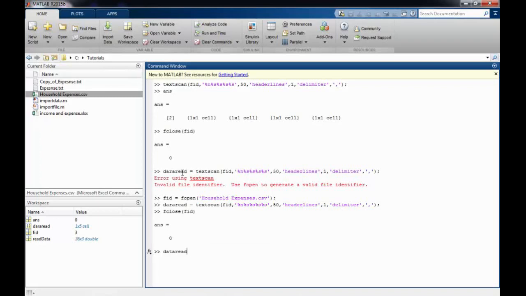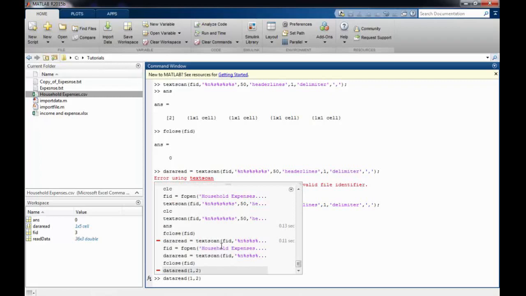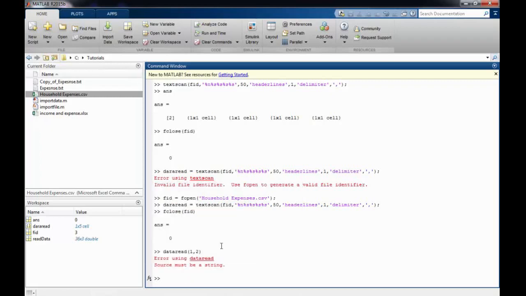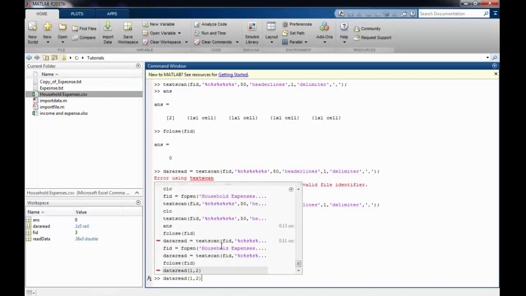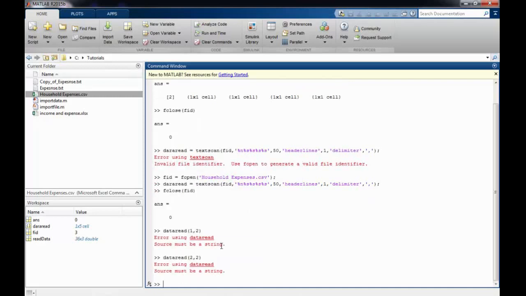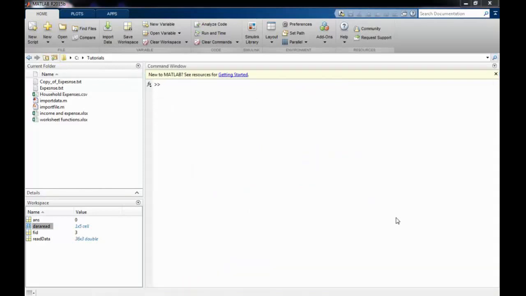Now because it's a cell array, we need to get the values out of the cell array in this way. So let me access the value here as, suppose, 1 and 2. Sorry, it must be a string. So I need to put, for example, let's see, we can import